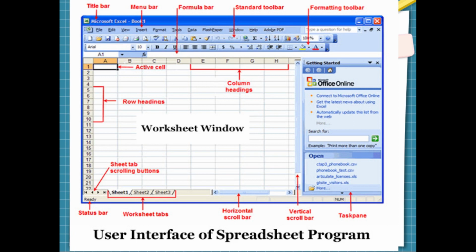Instead of lots of numbers, if you can see a graph which represents that table, that pivot table, that will be more easy for the user to understand the statistics. Okay,